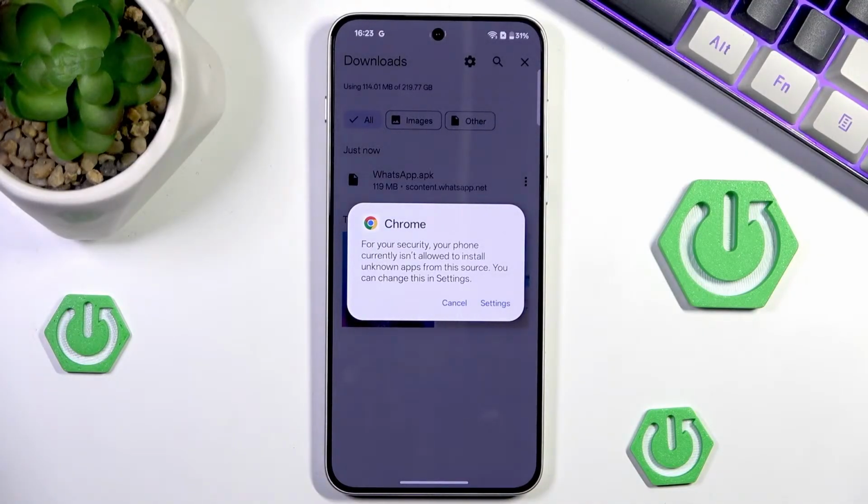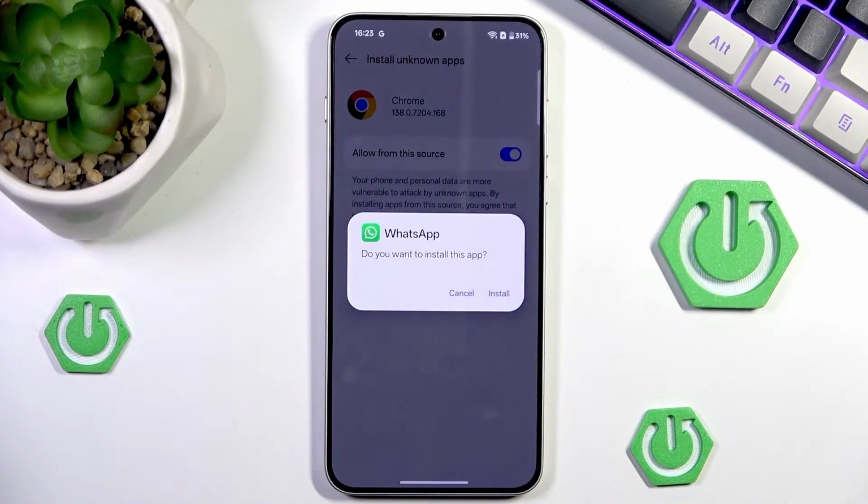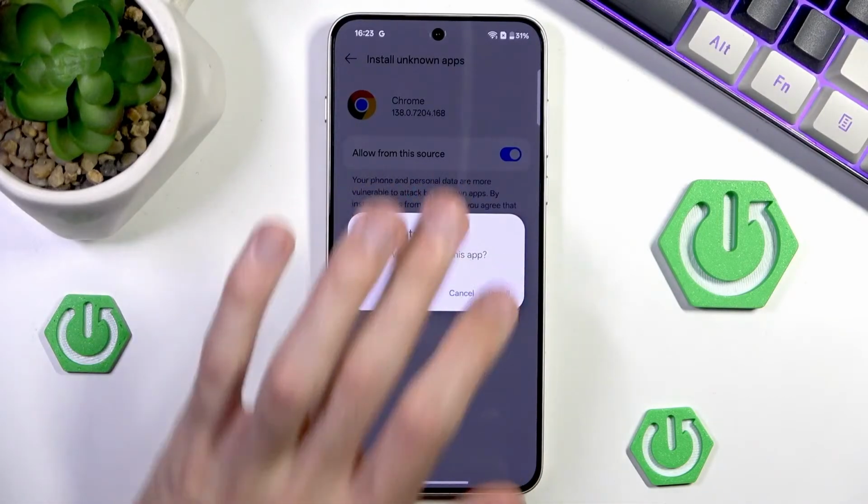Now, for security, our phone currently isn't allowed to install unknown apps from the source. This is completely normal. In order to get rid of that, we want to click Settings, and then simply enable Allow from the source. And now we have the ability to install our WhatsApp. We want to click Install,